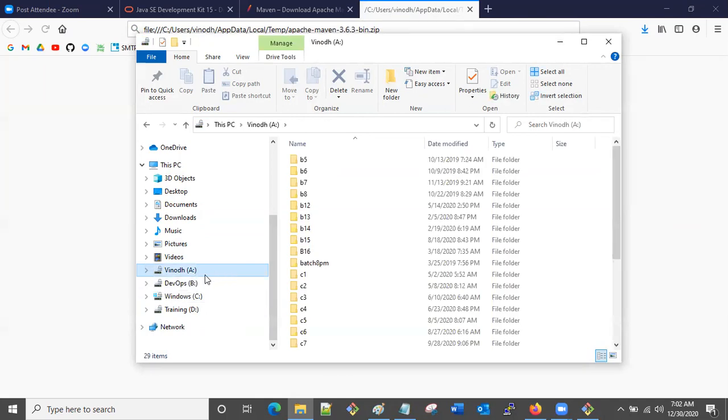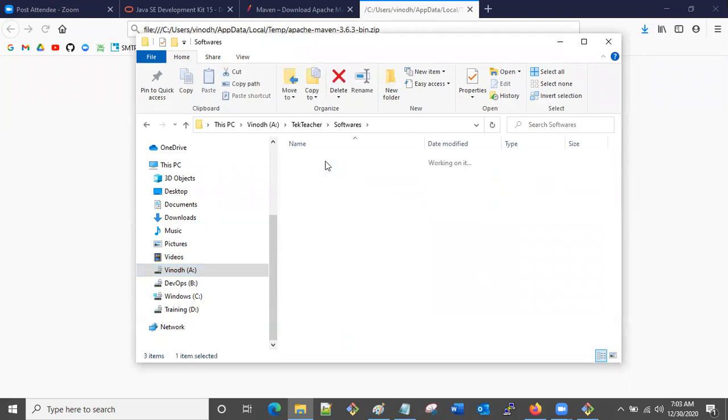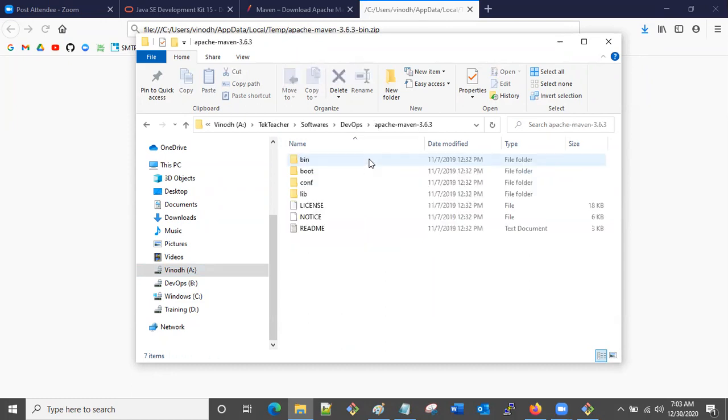I'm keeping all the software in A drive, Tech Teacher, Softwares, DevOps. Here I'm keeping all the software. Okay, so on day one only I told you guys, create one folder. You keep all the materials and software in one folder, then it's very easy for you, right? So I'm keeping here, see, Apache Maven 3.6.3. So open this folder, and here what you have to do,